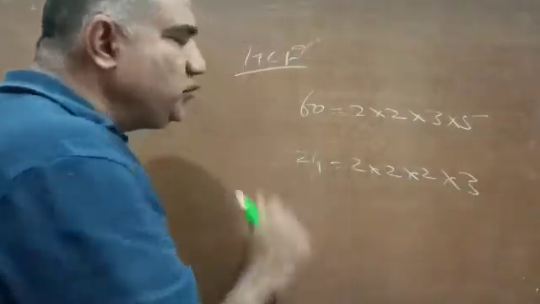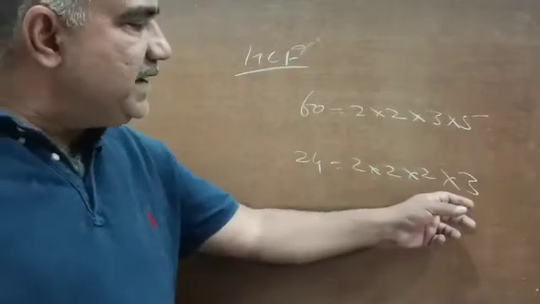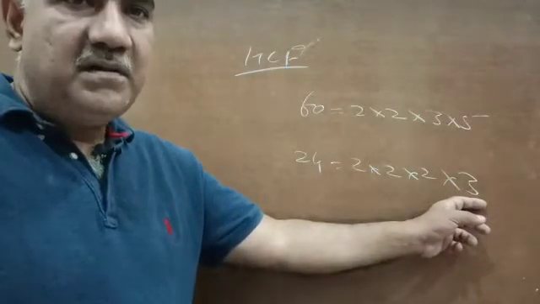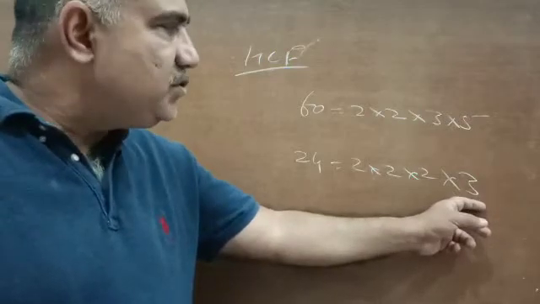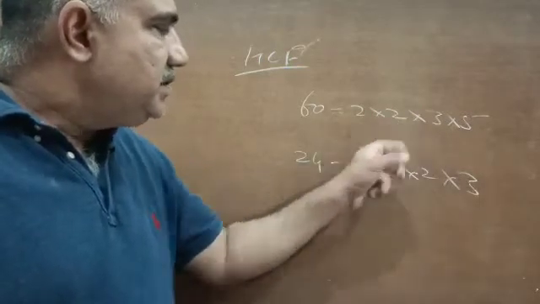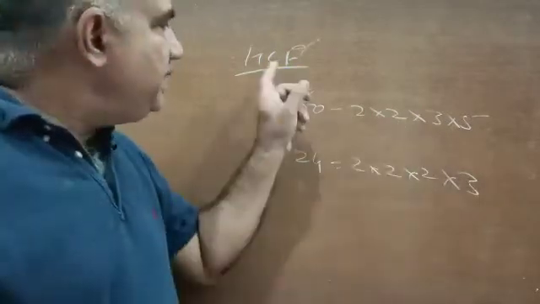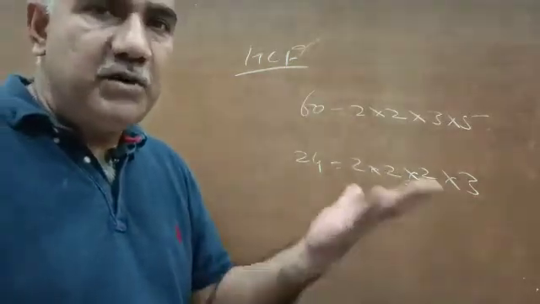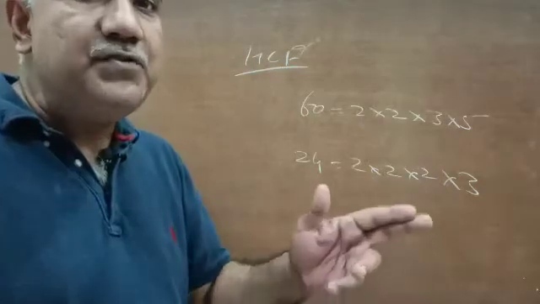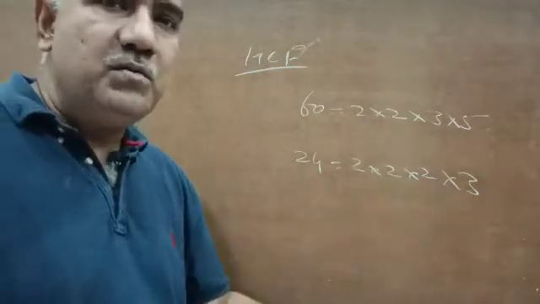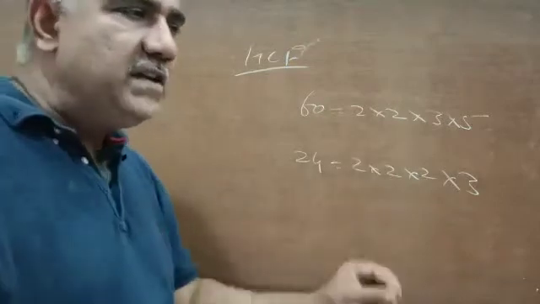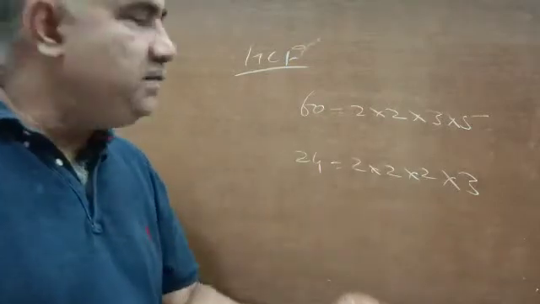If I say 3 is a common factor of 24, this does not make any sense. What makes sense is that 3 is a common factor of both 60 and 24. So when we say common, it means at least two quantities we are referring to. There could be more than two, but at least two quantities we must have. So we will take an example of two quantities, and with the help of that we will try to find out how HCF is to be found.